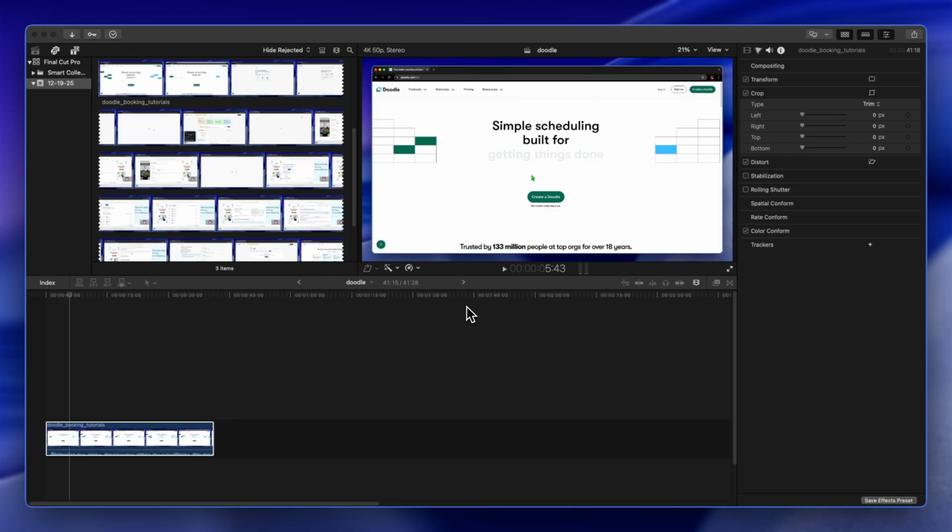Detaching audio from video on Final Cut Pro is actually very simple, and in this video I'll show you exactly